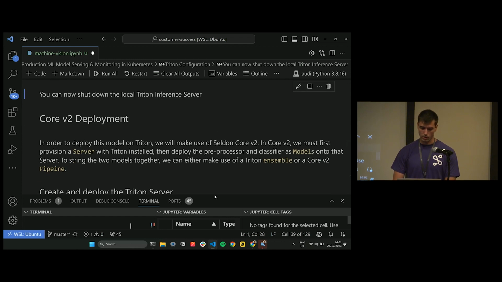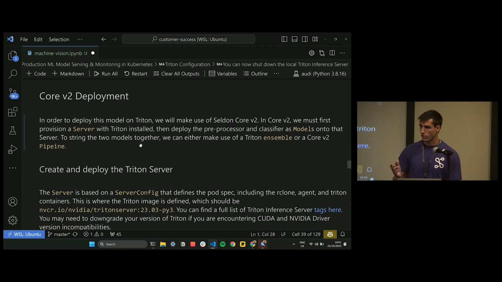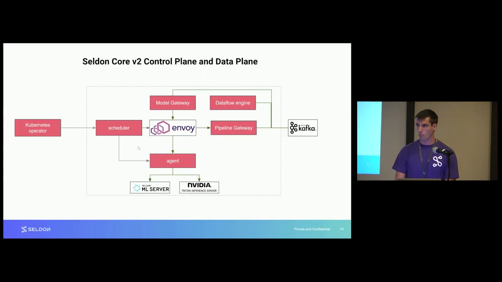So looks like that all worked, which is good. So now I can just shut that down. And the next thing is obviously to start deploying the model. So Core V2 we discussed briefly. I'm just going to jump back to the slides and walk through the different custom resource definitions that we have